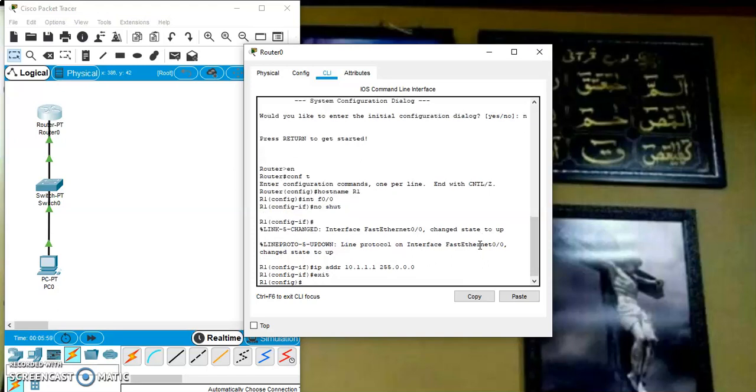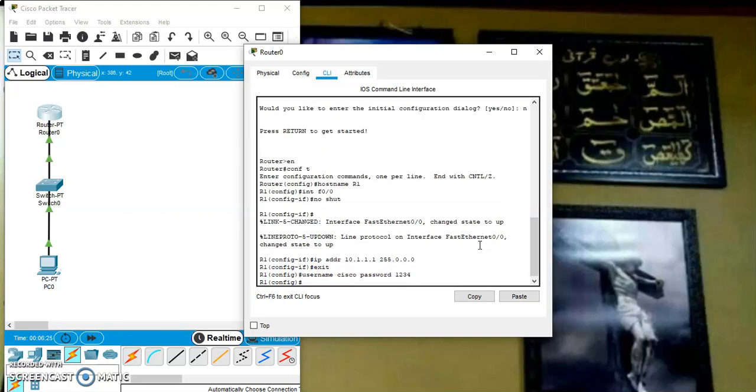Now we should exit it. We have successfully exited. Now we are supposed to assign a username and password, right? So that the two hosts could communicate with each other with the help of username and password. So let the username be Cisco and let the password be 1234, right? So we have successfully set the username and password. Now I don't want my password to be shown on the screen when I am typing it, right? So for that I need to write enable secret